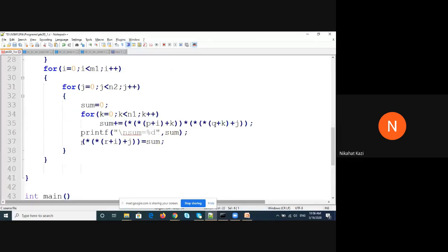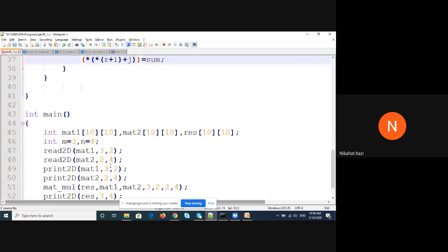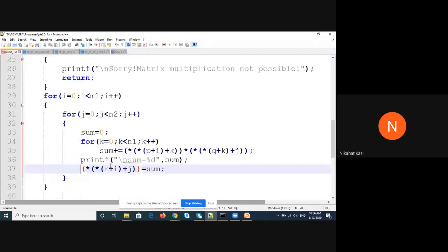So the same expression. I could have replaced this only with R of Ij. And here instead of sum, I should have written star of Ij, this expression equal to 0. Just to make things simple, just so that I don't have to write it again and again. This expression is a huge expression, so I have written it here.